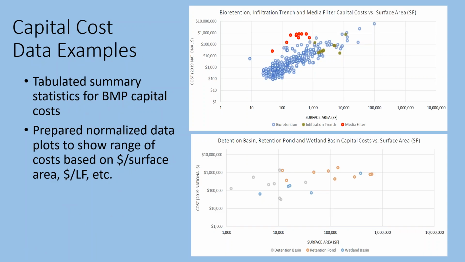So I'm not going to go into detail about the analysis that we've done. I just want to give you some examples of the direction that we're going with it. This would be an example of the capital cost data that we've put into the database, where we've normalized the data to 2018 dollars. This says 2019, actually, I just realized, but it's 2018 dollars.